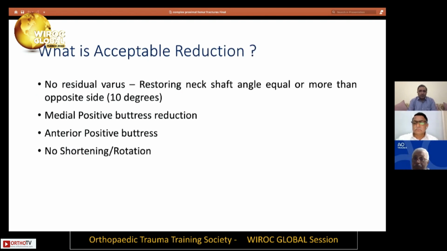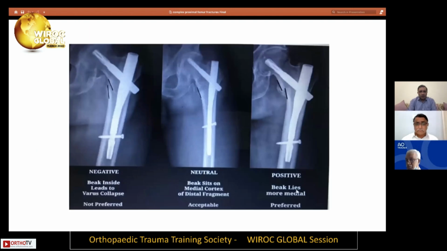So what is an acceptable reduction in such fractures where there are multiple fragments? We should not accept any residual varus. It's important to restore the neck-shaft angle, which is either equal to or a little more than the opposite side. In reduction, we should have a medial positive buttress reduction as well as an anterior positive buttress reduction. There should not be any shortening or rotation. I will just expand on these points. So what do we mean by